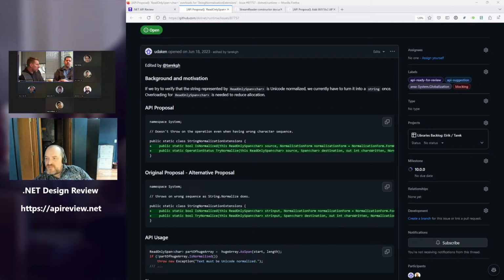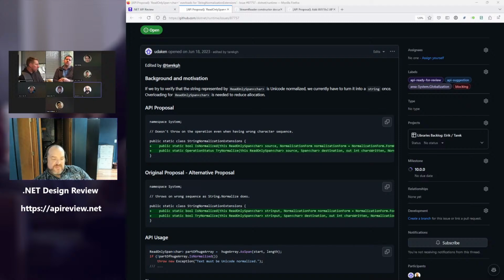So I wonder if maybe we should actually just expose what both ICU and NLS do under the covers, which is an API that tells you how large the output would be, and an API that just says do the conversion. That way you could call the try method, which takes a source and a destination buffer, and it's either going to succeed or it's not. But if you need to know strongly ahead of time how big the destination needs to be, just call something like get normalized length, because that's what we already have for things like UTF-8 encoding, right?